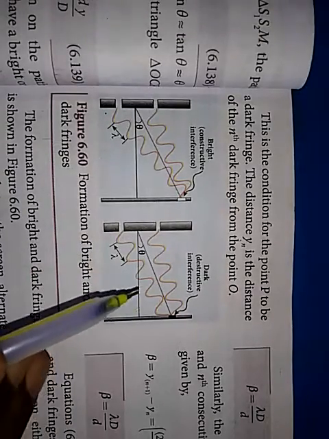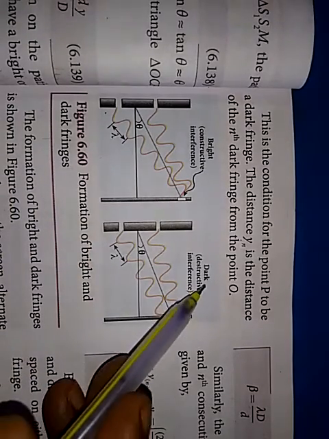Suppose now, we have already discussed the in-phase case. Here you will see bright, constructive interference because both the waveforms are in phase, and it satisfies the condition dy by capital D is equal to n lambda, as we have just seen. Whereas in the second case it gives destructive interference because both the waveforms are out of phase. The condition for dark interference is yn is equal to (2n minus 1) by 2 into lambda D by d. Just now we saw those equations.